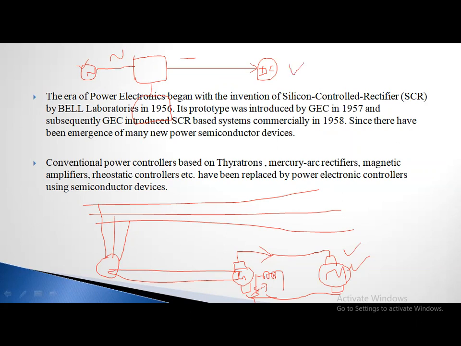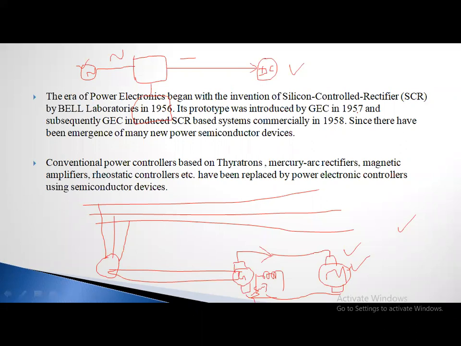Which one is the simple? This one is the simple or this one is the simple? This one is the simple, na. Means we can convert the energy as well as we can control the power. Both functions we can fulfill by the power electronic modulators. For that purpose, we are going for the power electronic concept. Is it clear? Now the concept is clear, all of you.